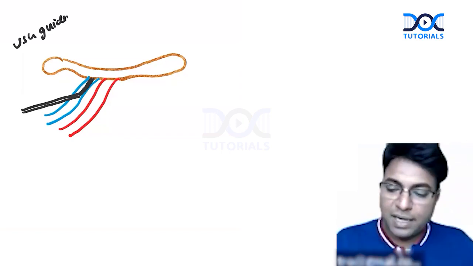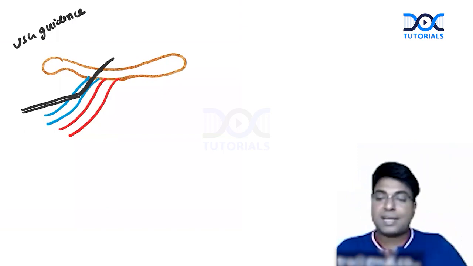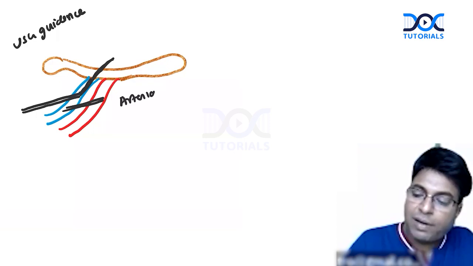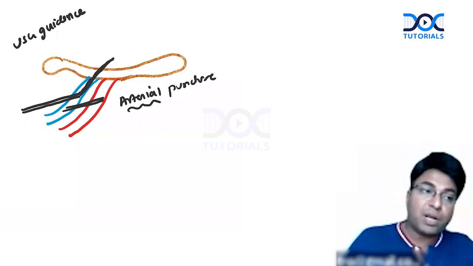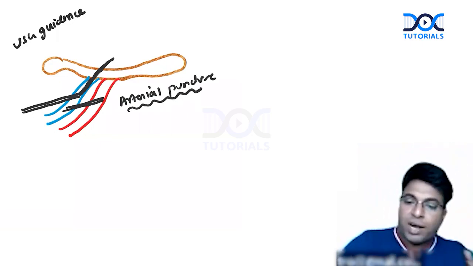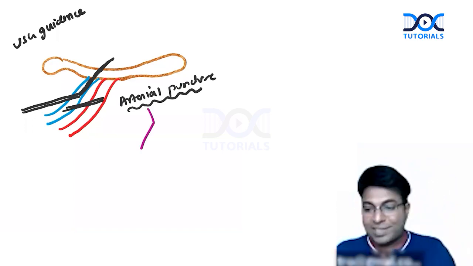So I can insert the central vein through the subclavian vein correctly, but still there are chances of arterial injury. If an arterial puncture is done, what will you do now? This point I want you to remember not only for exam, but also for your practice. If you are puncturing the artery, what we are doing in your hospital, that is what I'm telling you. Whatever you do in your hospital is not always correct.